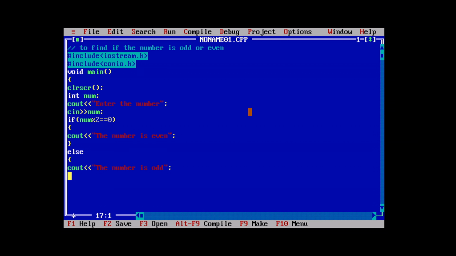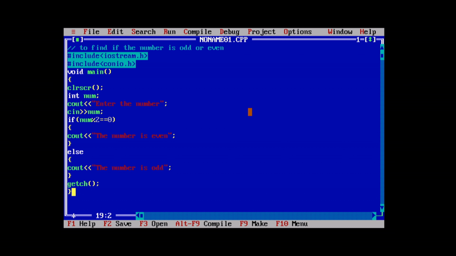Then we again close the bracket, then we put the command getch, open bracket, close bracket, colon, and we then again end the program, close the bracket.